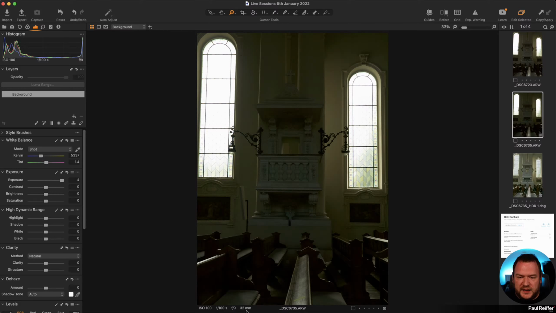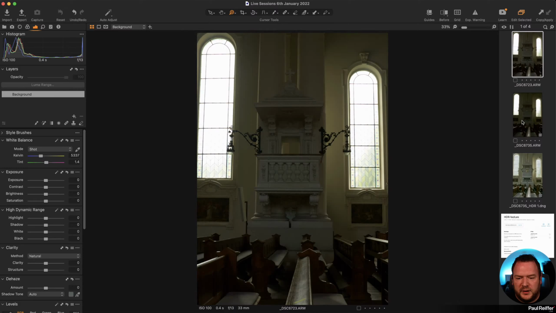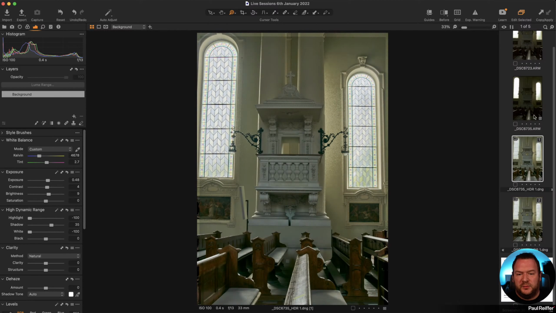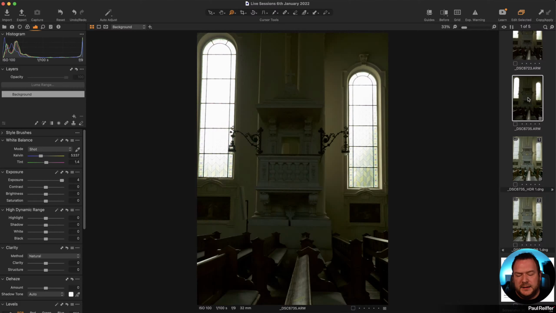But if you change, number one, your focal length, so 32 to 33 millimeters doesn't sound like a huge difference. But in terms of what the camera actually sees, that's quite significant. It's not a small amount of movement. That 1 millimeter at this point is pretty big, especially on that sort of wide lens.